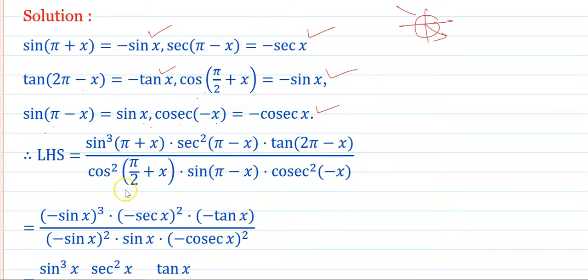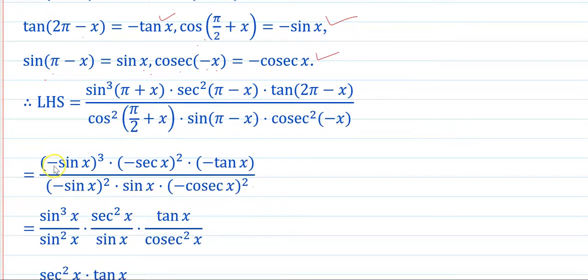Okay. Next, in the denominator, cos square of pi by 2 plus x. Cos of pi by 2 plus x, what do we get? Minus x, and its bracket square because there is a square sign. Sin of pi minus x, what did we get? We got sin x. Cosec of minus x, that is minus cosec x, and it has a bracket square. Okay, and therefore here is a